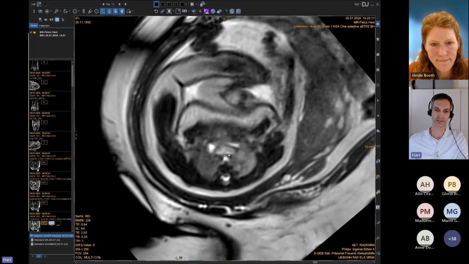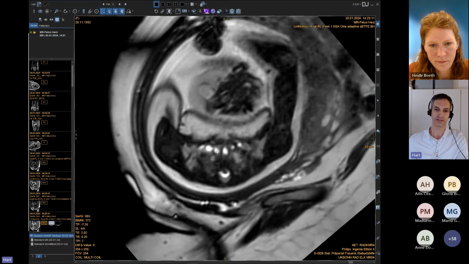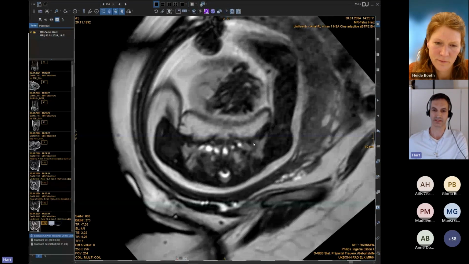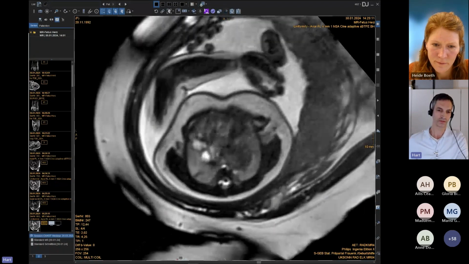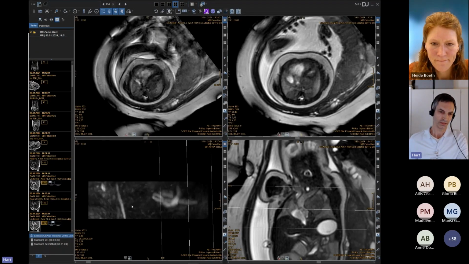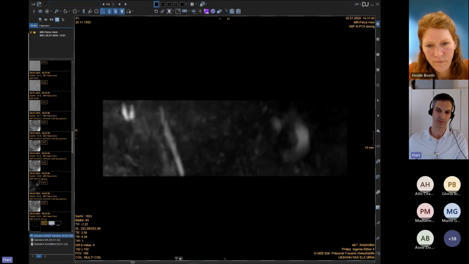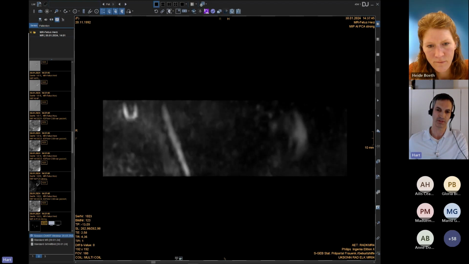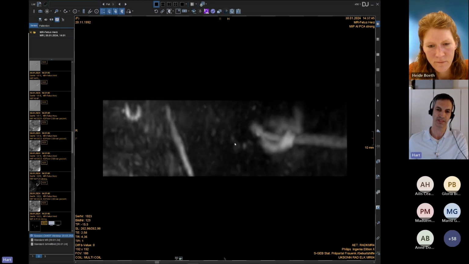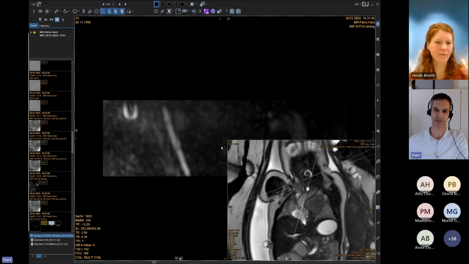This is the aortic arch crossing over here, and the head vessels over here. So we could confirm the diagnosis, and we went on in the scan. This is what we get right of it from the first 4D flow imaging. We have a maximum intensity projection of the velocities in the scan. So that was quite good